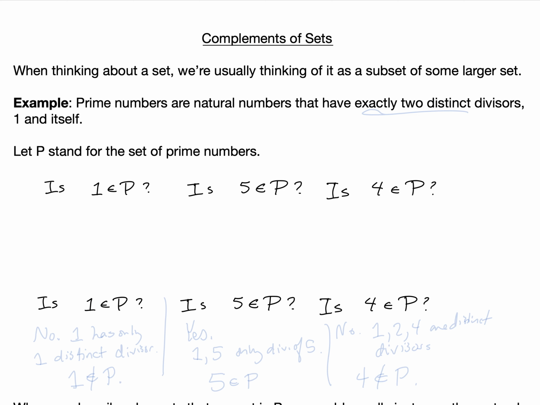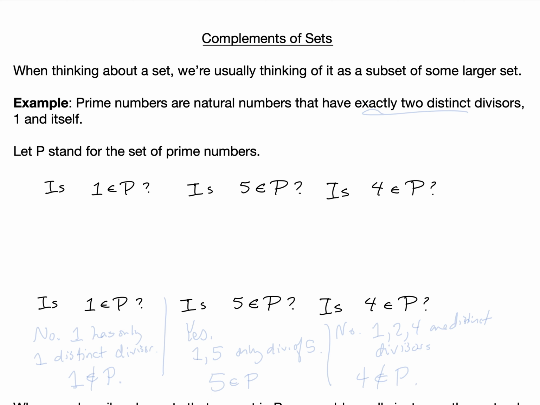This video is on complements of sets. When we're thinking about a set, we're usually thinking of it as a subset of some larger universal set. So for example, the prime numbers are natural numbers that have exactly two distinct divisors, 1 and themselves. So if we let P be the set of prime numbers,